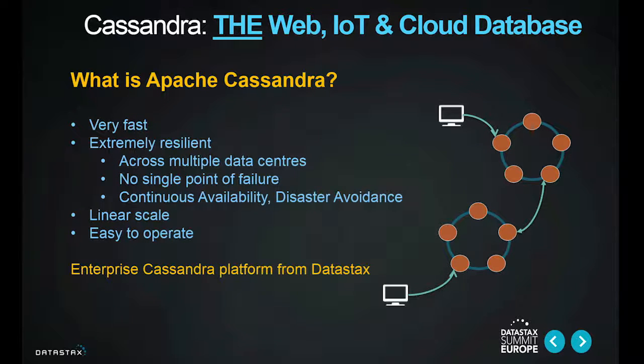And similarly, you can survive the loss of a node or a rack or even an entire data center without losing access to your data. So we're talking about disaster avoidance, not disaster recovery. The great thing about Cassandra is it scales in a linear fashion. So if you want 25% more computing power, you just add 25% more nodes. If you want 50% more storage, you add 50% more nodes. And also it's very easy to operate. People have described it as the most boring database technology they've ever implemented because it requires so little oversight and administration. And of course, the enterprise Cassandra platform is only available from DataStax, who are the commercial sponsors of the